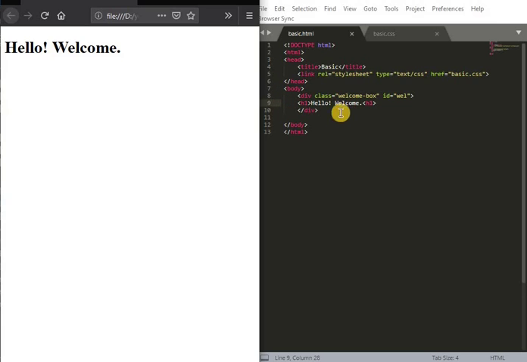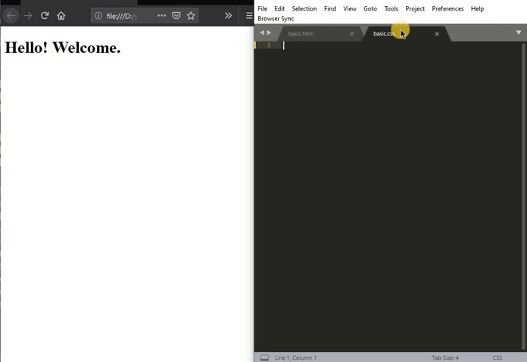Okay, so this is the basics of HTML, the basic HTML tags, and the division is very important to know to put the style for the HTML. Now let's go to basic.css. In CSS all the styling will be done. The syntax for writing CSS is, first you write the element that you want to style. For example, I want to style body, then open and close brackets. Here you type what you want to style.